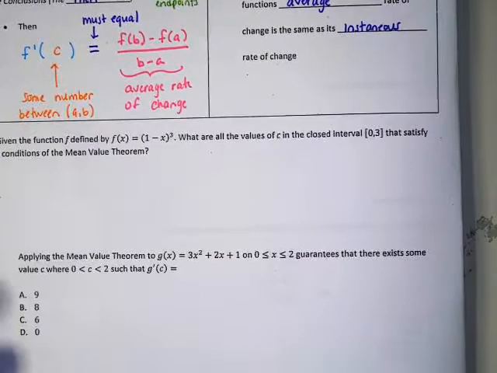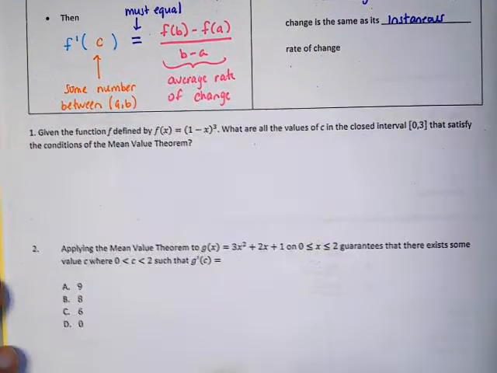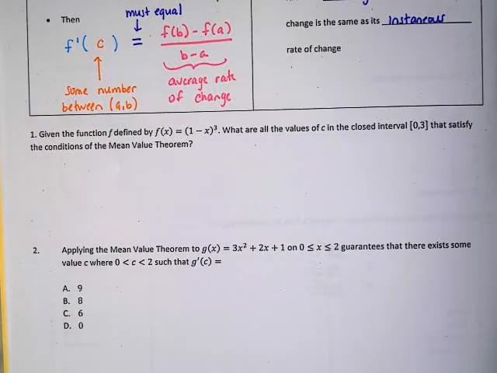So let's take a look at a few examples of what you might be asked to do with the mean value theorem. The first example says, given the function f defined by f of x equals 1 minus x cubed, what are all the values of c in the closed interval between 0 and 3 that satisfy the conditions of the mean value theorem? The first thing you need to notice is that, number 1,